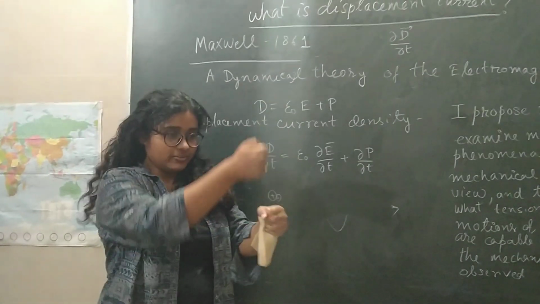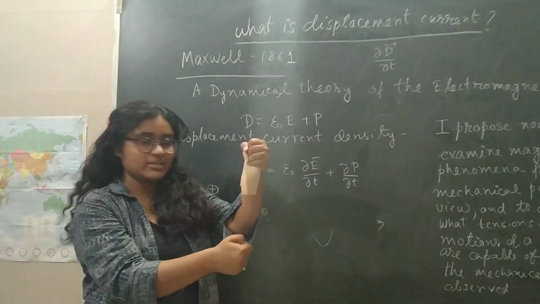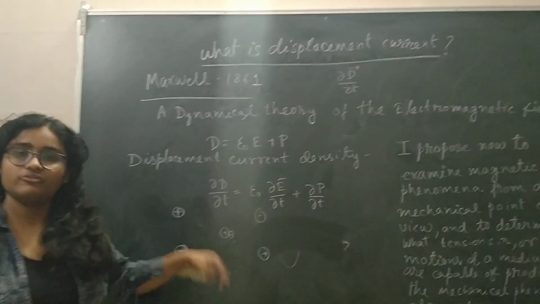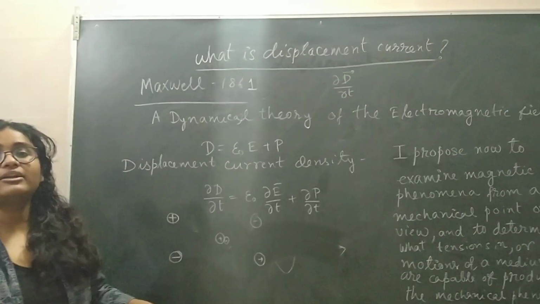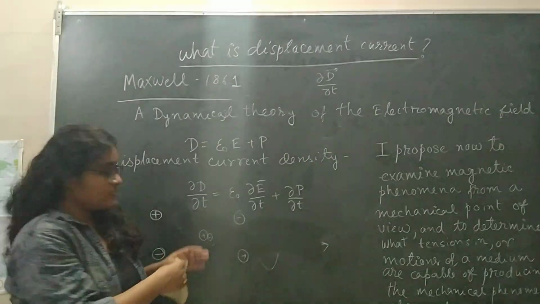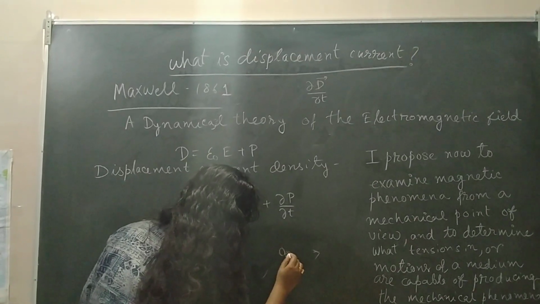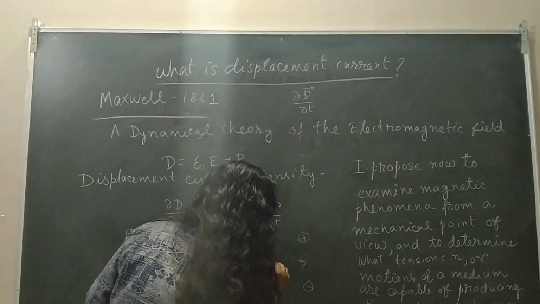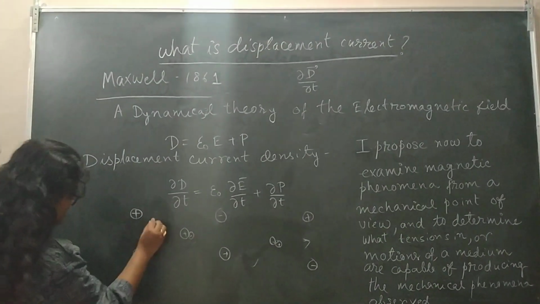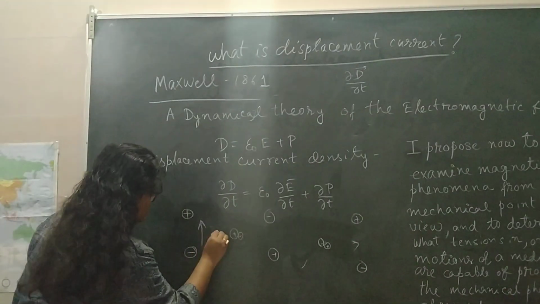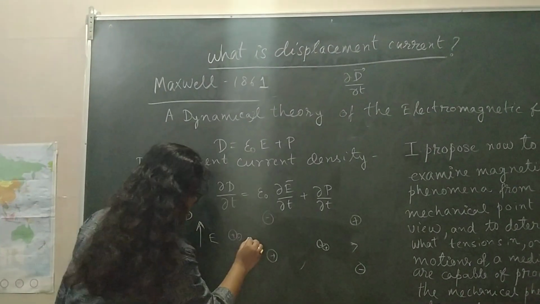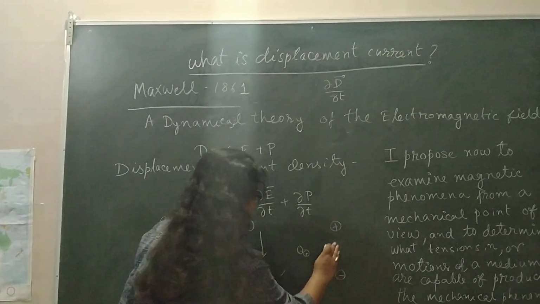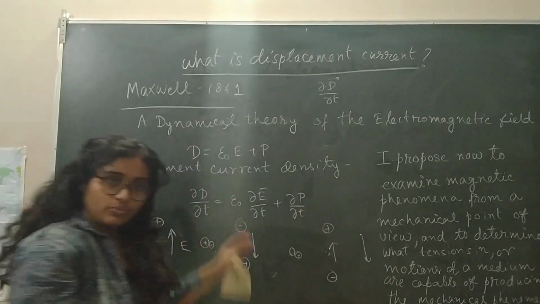You just take the electric field, displace it, and take it again. The positions of the negative and positive charges get reversed, and then you get another electric field which is opposite to this, and then again it merges, and you again get the same. So whatever I am trying to tell you is that here the electric field E is along upward. Now it is almost zero. This is along downward. Now it is almost zero. This is again along upward, and the oscillatory motion will continue.